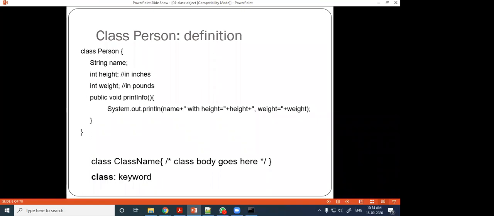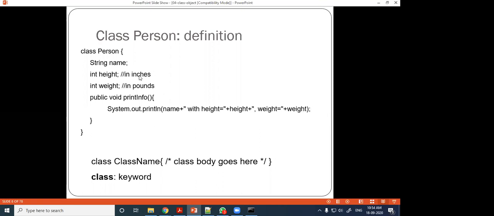So just see, we will define this person class, and there are three data members: string name, int height, and int weight. There are three data members inside the person class, and a print info function will be there, which will print the information of the data members.